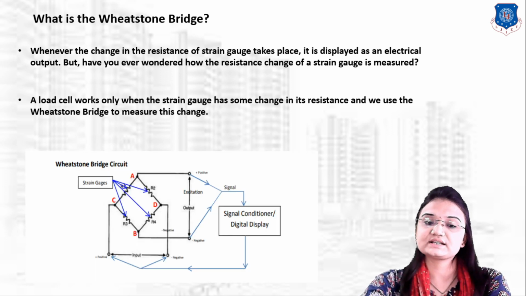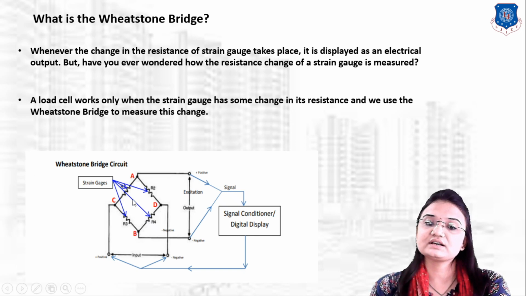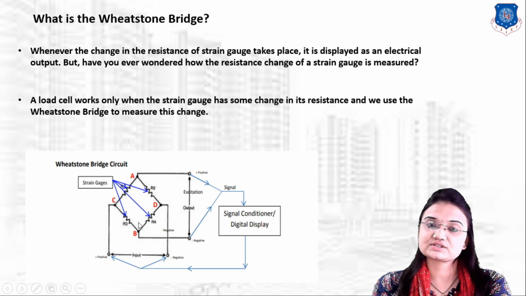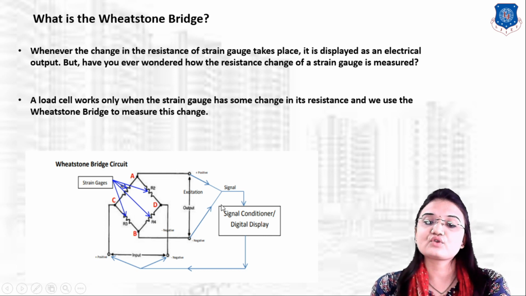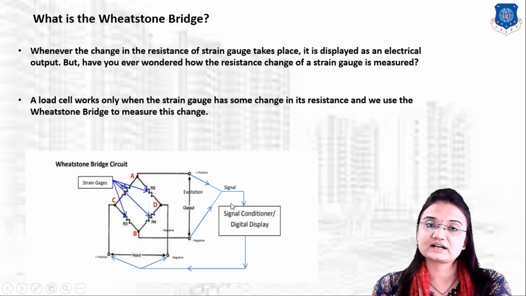Okay, you can clearly see in this image that here we have strain gauges in Wheatstone bridge form. So here in the load cell we have to use 4 strain gauges. Whenever force is applied to the load cell, the resistance of these 4 strain gauges will change. By using this Wheatstone bridge resistance equation, we can easily measure the change in resistance in the form of voltage on the output side. Okay, and this voltage is directly proportional to the force applied to the load cell.